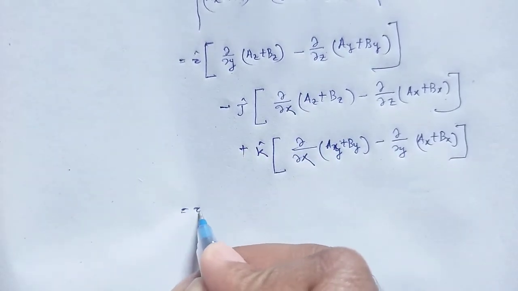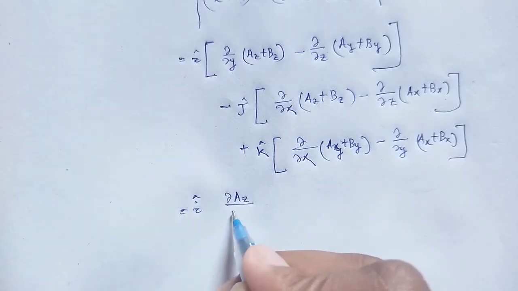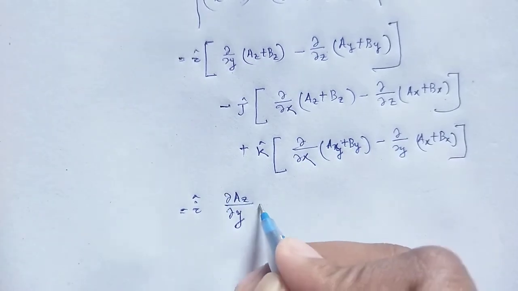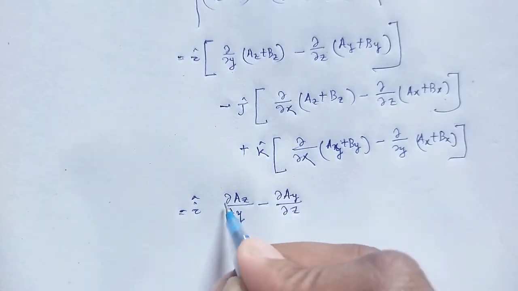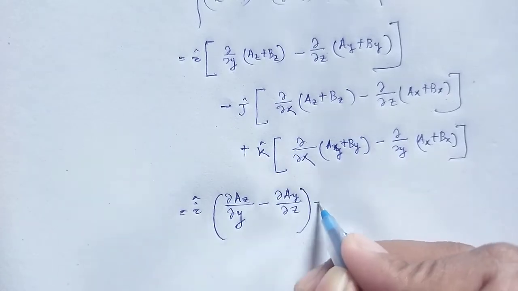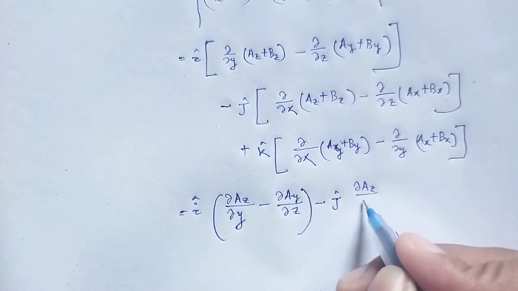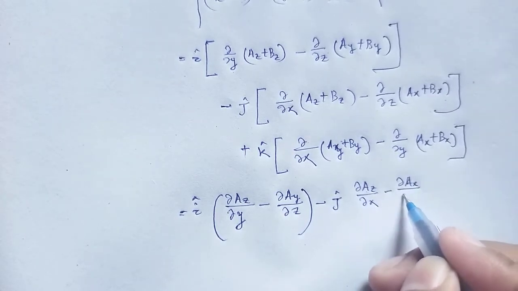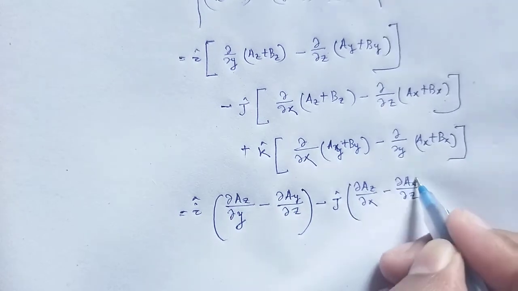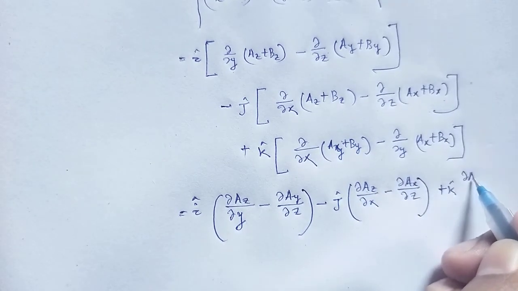This is equal to i cap of del Az by del y minus del Ay by del z, minus j cap of del Az by del x minus del Ax by del z, plus k cap of